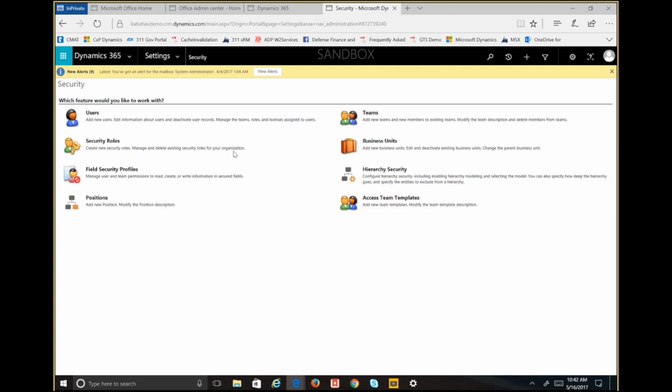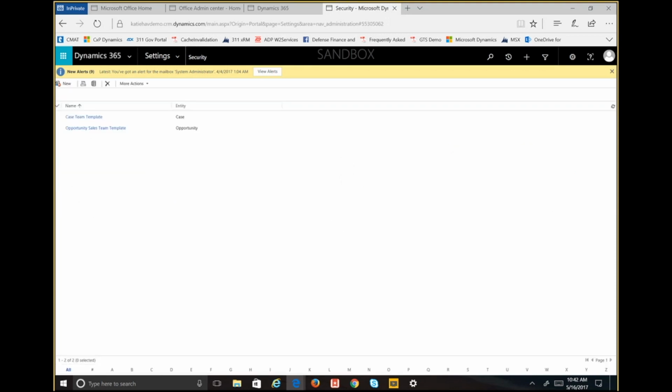And we'll navigate back here. A couple other quick things since we have a few more minutes. So access team templates are managed through this option here. We'll see by default, there will be a couple of system templates that have been generated, with associated